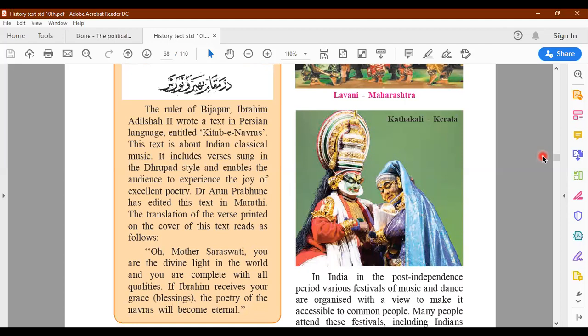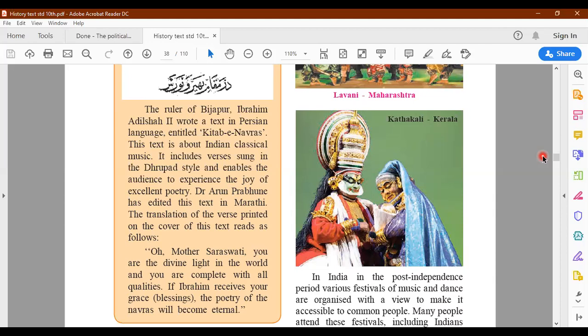Although many of these rulers of the Muslim sultanates came here, settled down, and conquered different parts of India, you will find that there has been a lot of cultural exchange, and that has covered even Indian classical music. Various verses were sung in the Drupad style in this text, and it enables the audience to enjoy and experience the joy of excellent poetry.